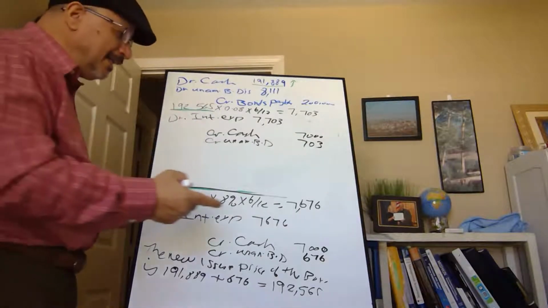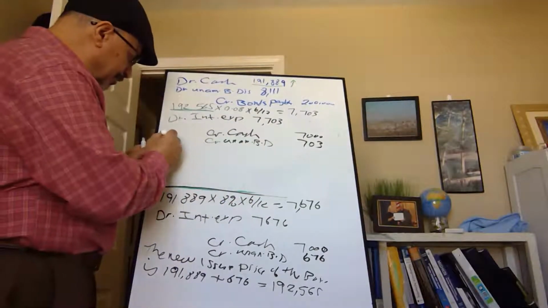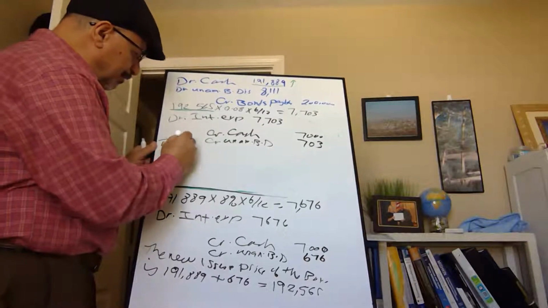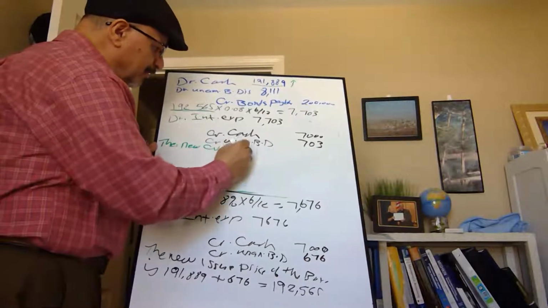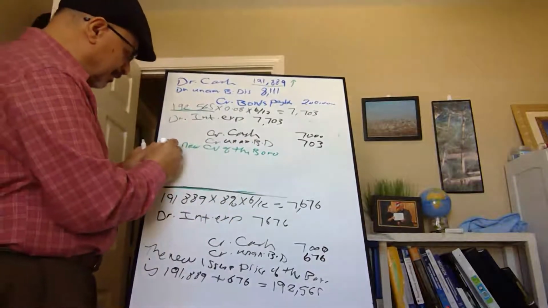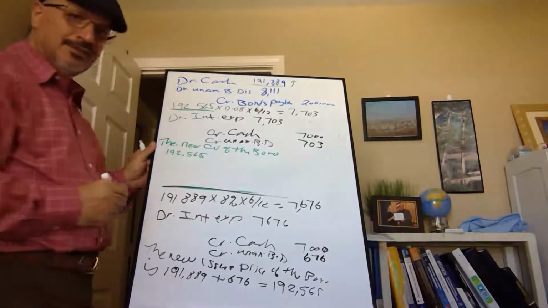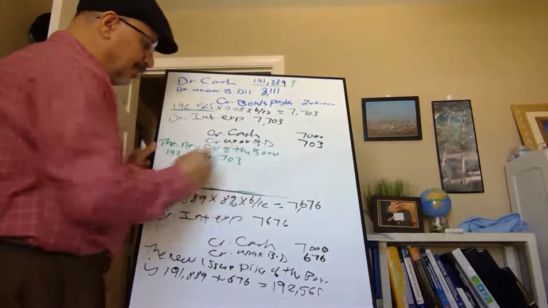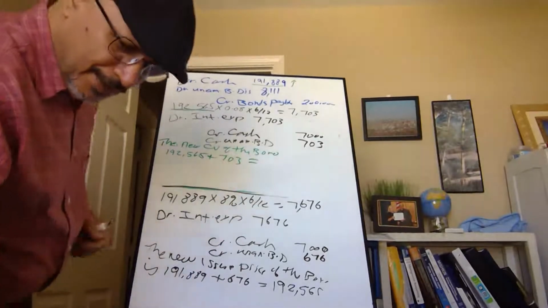Now we're going to add to it 703. So the new carrying value of the bond is 192,565 plus 703, and that will give us